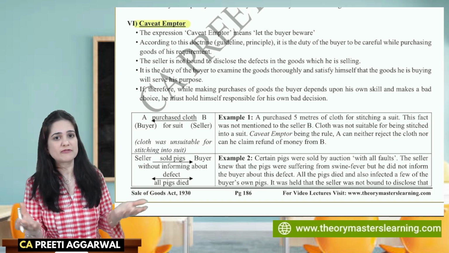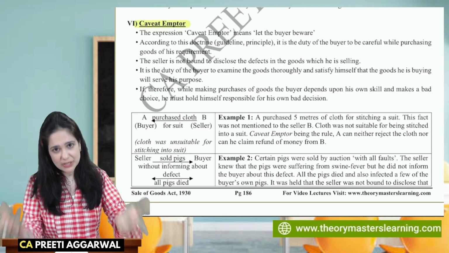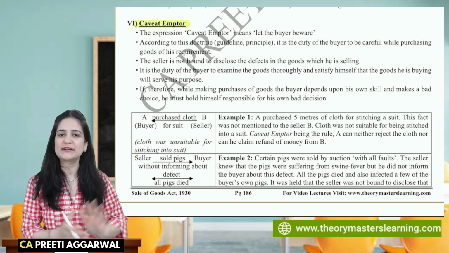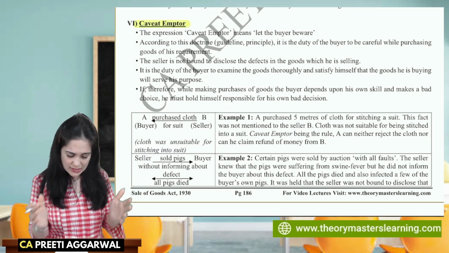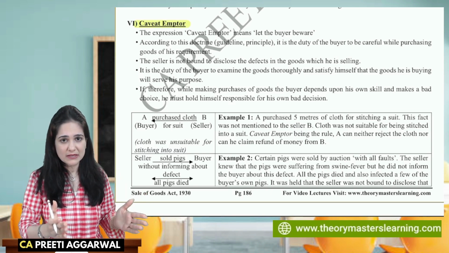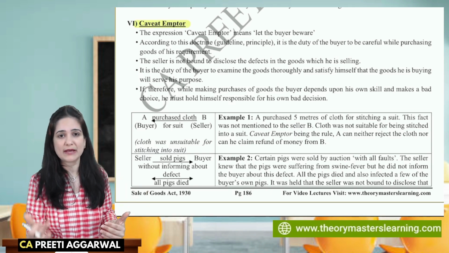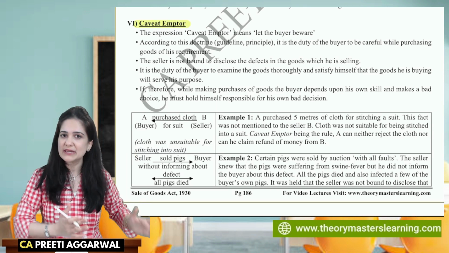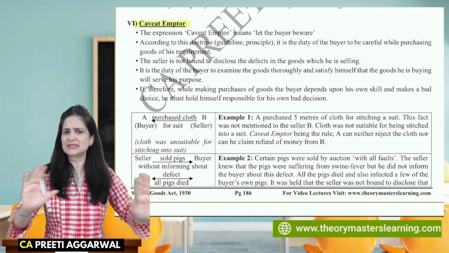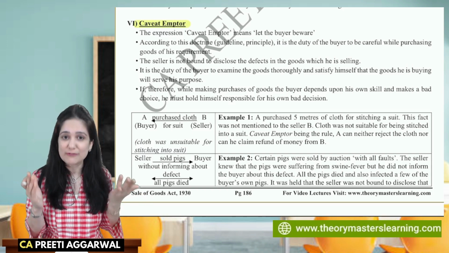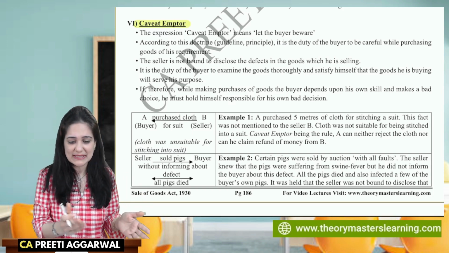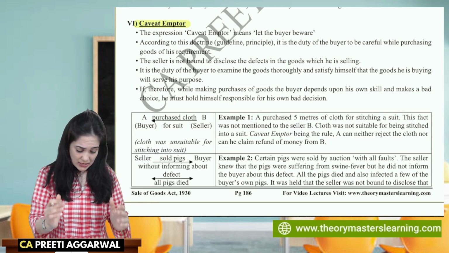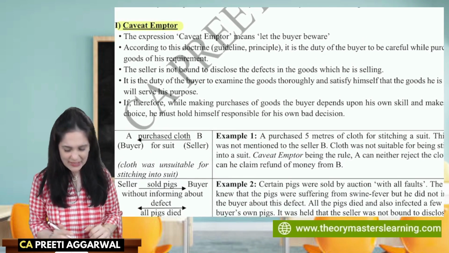If the buyer wants goods of a particular quality, he will have to mention it to the seller. Otherwise, the buyer will be responsible for whatever quality of goods he buys. So students, the law of caveat emptor is very clear that buyer, you have to decide whether the goods are matching the quality that you require, whether they are suitable for the purpose that you are purchasing. The burden lies on the buyer. So this is the basic rule which says buyer beware. No seller is going to tell you that these are the defects in my product, don't buy. You have to check the product before buying. The rule of caveat emptor means let the buyer beware.